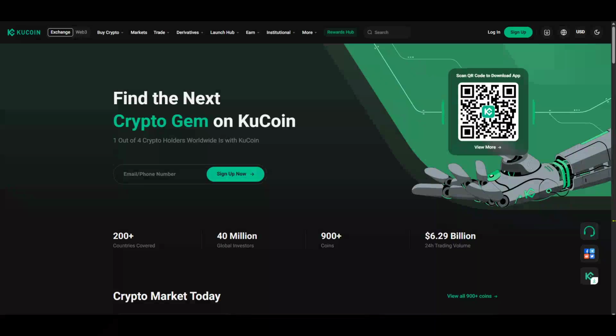In today's video, I'm going to teach you how to reset your trading password on Kucoin for the year 2025. This process is straightforward and should take no more than a few minutes. Whether you've forgotten your current password or simply want to update it for security reasons, I'm here to guide you